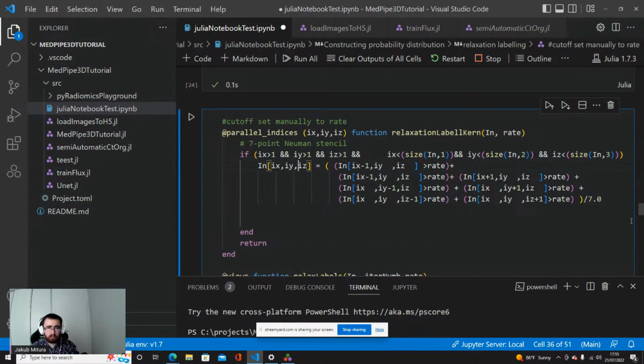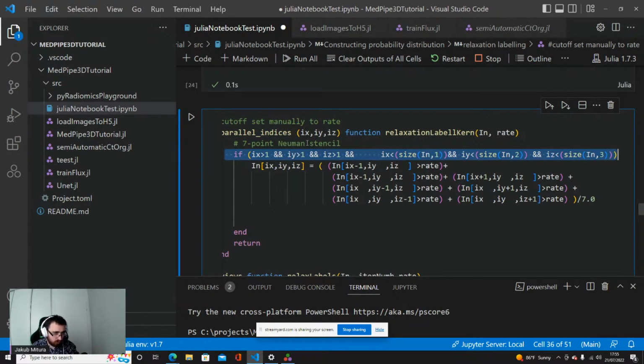You define this parallel stencil. Parallel indices is the simplest one to work with. You define it like this in order to be sure that our indices are not getting out of the array, and you choose the points that you are interested in.